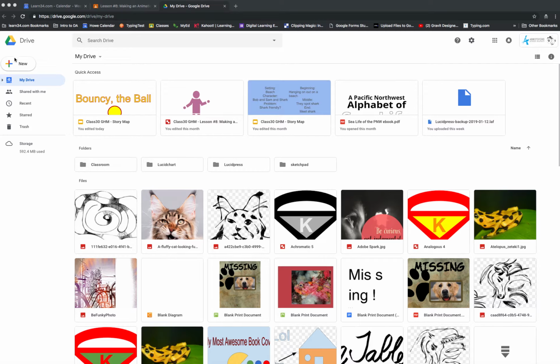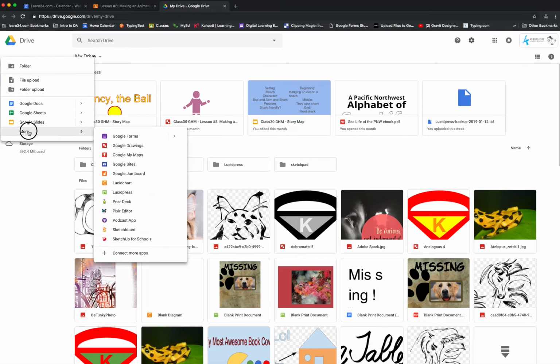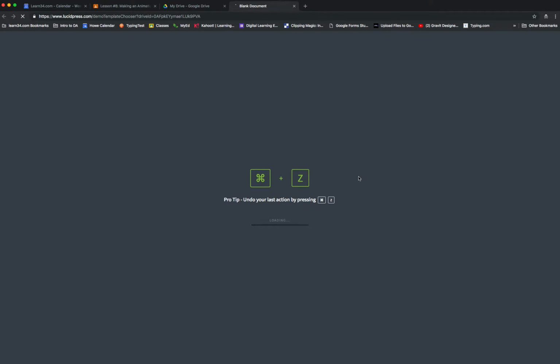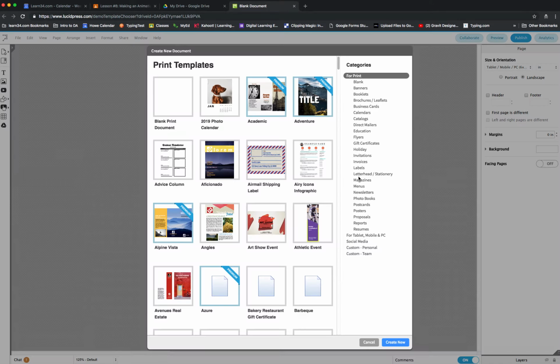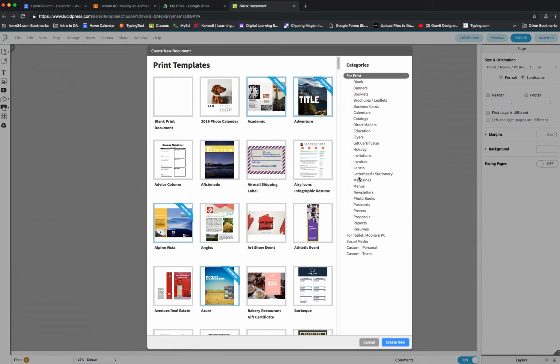The first thing you need to do is get to your Google Drive. Remember, we get that from up here in the right-hand corner next to your avatar. Then we go over to New, tap on New, go down to More, and then go down to LucidPress. Okay, we're going to tap on that, and you're going to get usually a tip or two. Now, because I've already logged in and I'm already connected to this, what's going to happen is I'm going to